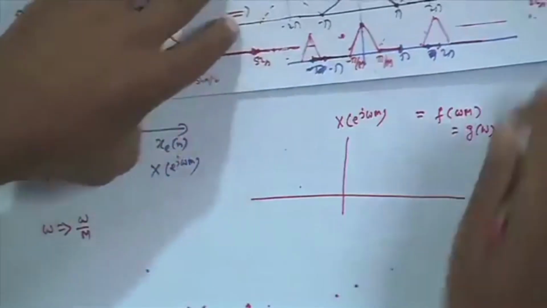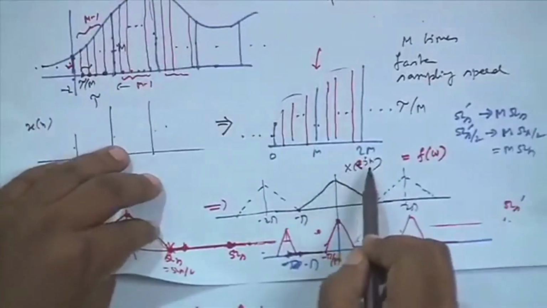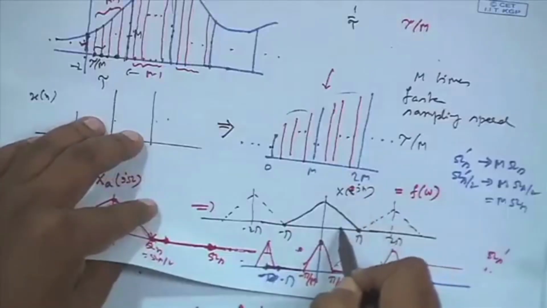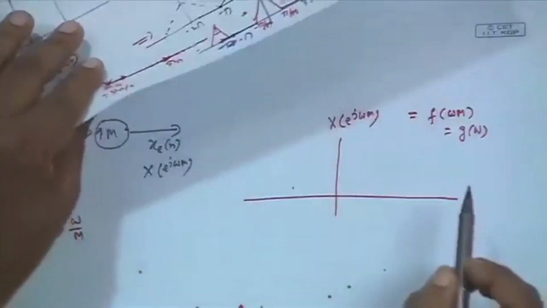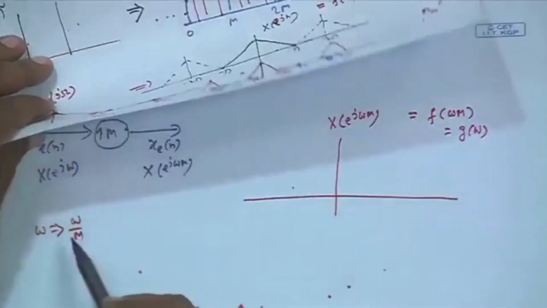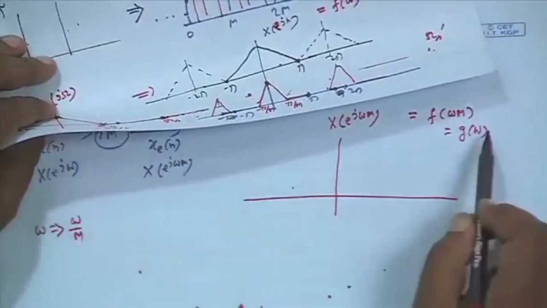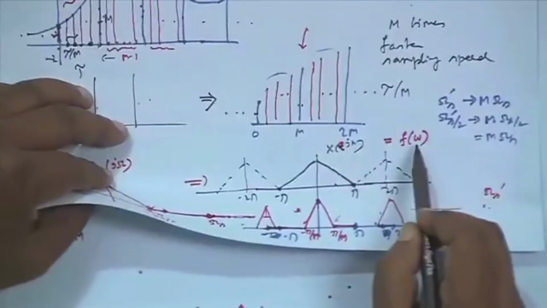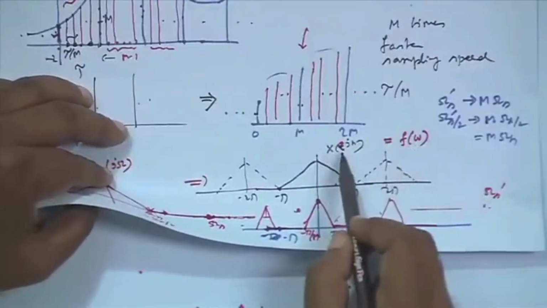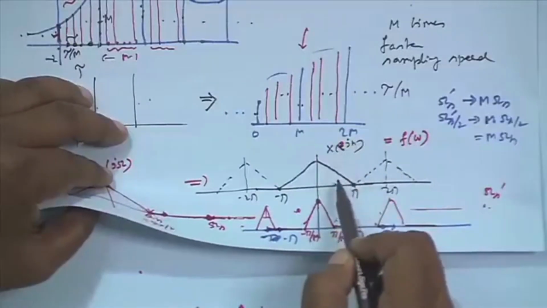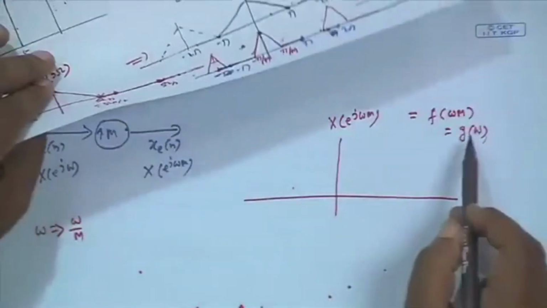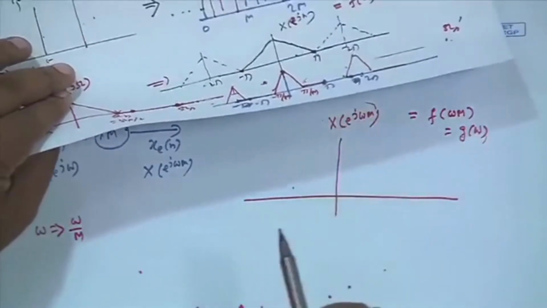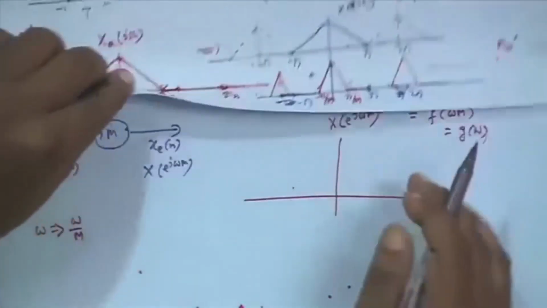And what is f of omega? The original X_e(e^{jω}). So, the original X_e(e^{jω}) at any omega, whatever value you have, will come to g of omega at omega by M. That is, g at omega by M is the same as f of omega. So, X(e^{jω}) at any omega will come to this g at omega by M, that is, for this function at omega by M, which means